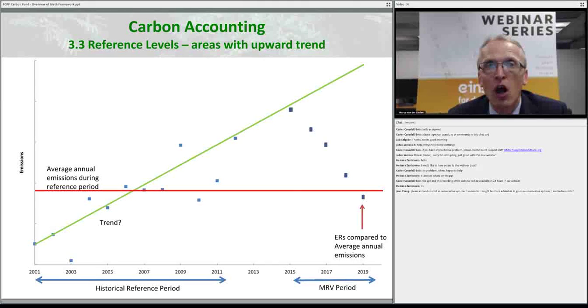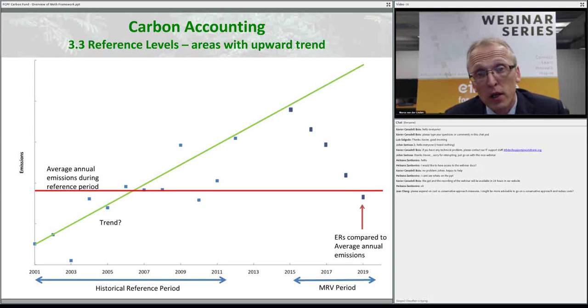So that's very important. If you're thinking about doing a program and you're thinking about the selection of the area, and it is an area which is still having major increase in emissions, the question is, okay, can I actually do a program that can reduce emissions below my annual average? Keeping in mind, as I said in the beginning, that the Carbon Fund is at the moment scheduled to end in 2020. So you'll need to be able to reduce your emissions by 2020.